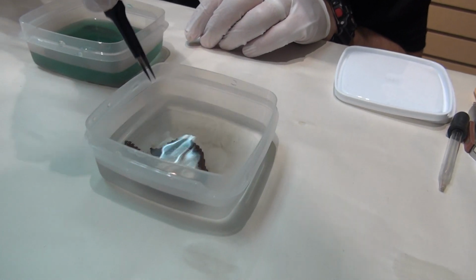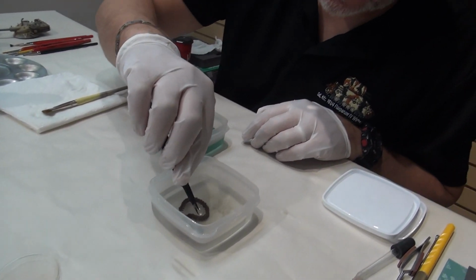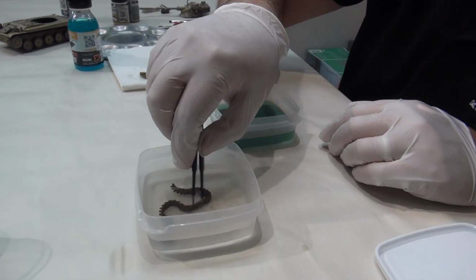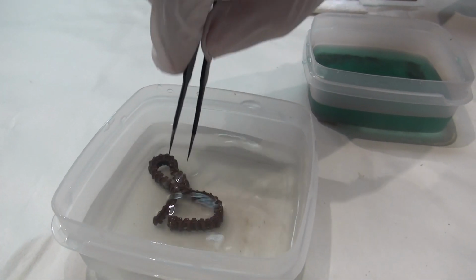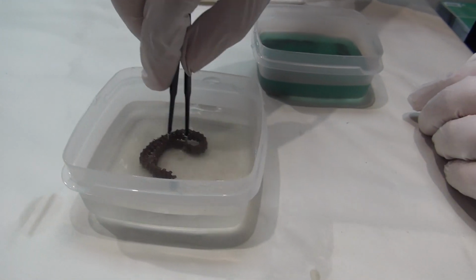The fluid will still work a little bit. It's kind of like taking something out of the oven and letting it sit for a bit. It's still going to cook for a little bit with all the residual heat. So the intent is to try and get as much of the fluid off as possible. Just give it a good shake, a good wiggle in there. But you can see